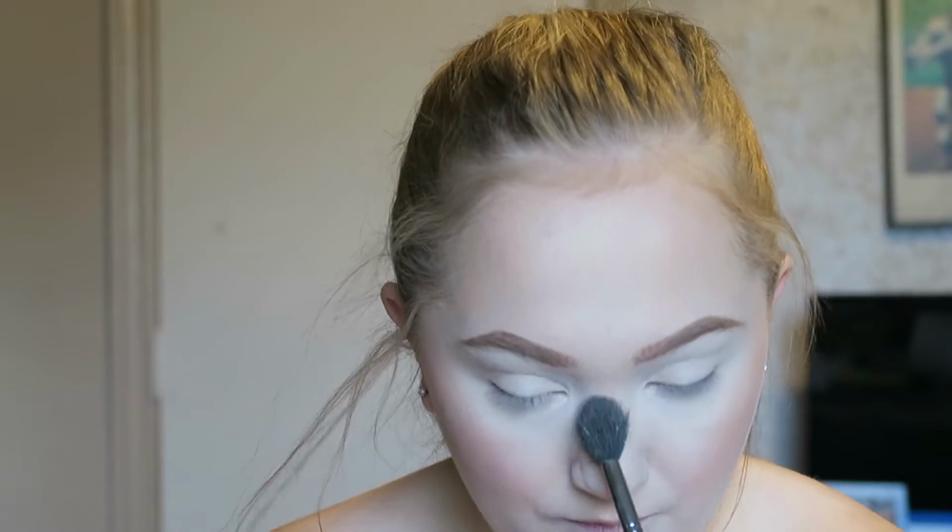I'm adding it to my regular highlighted areas, my chin, cupid's bow, the tip of my nose. So bam, look at that freaking highlight, you guys. That is so crazy. All right, so now that we're pretty much done with the face,